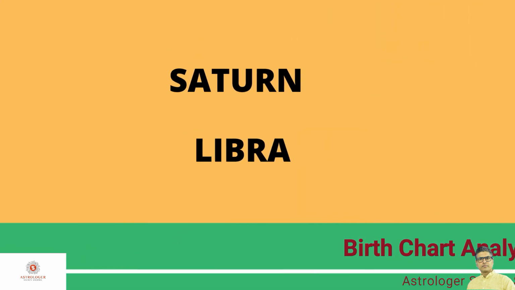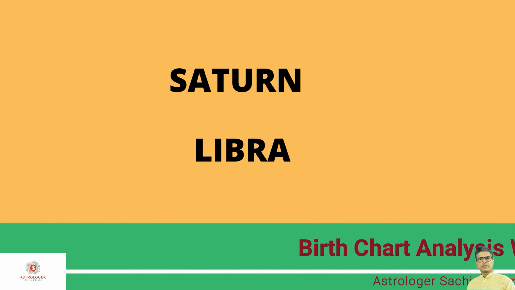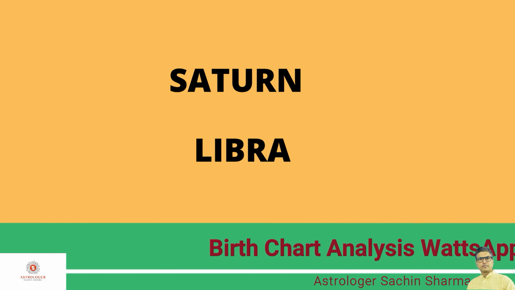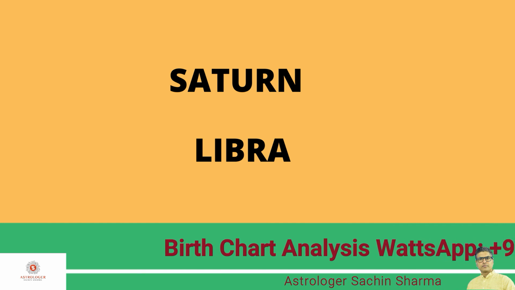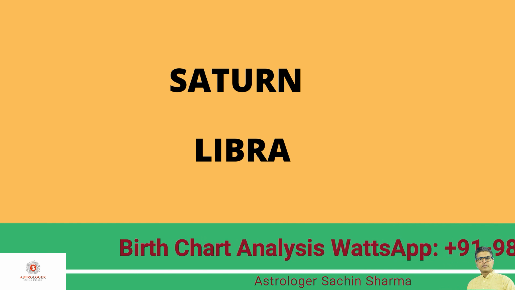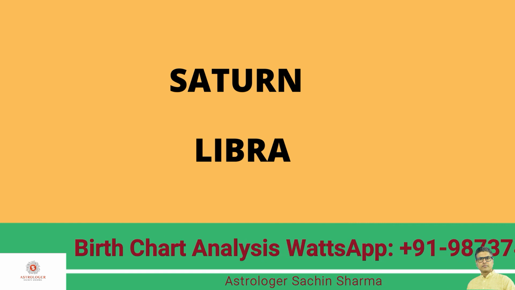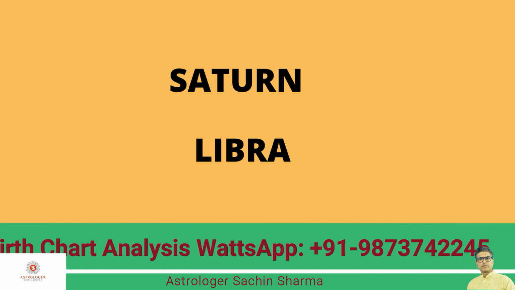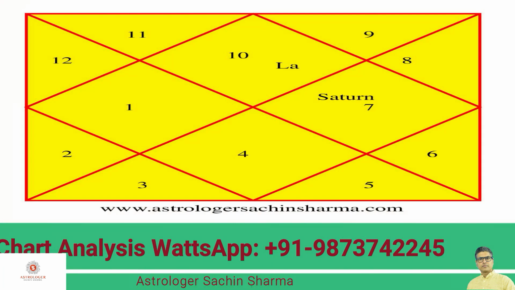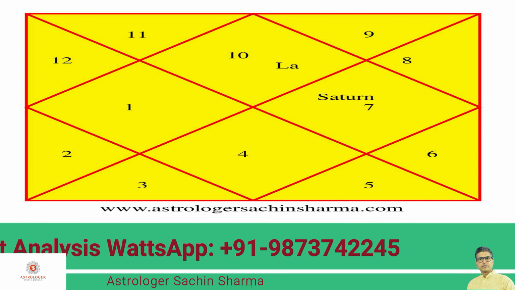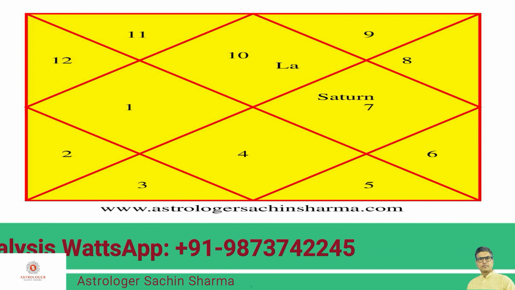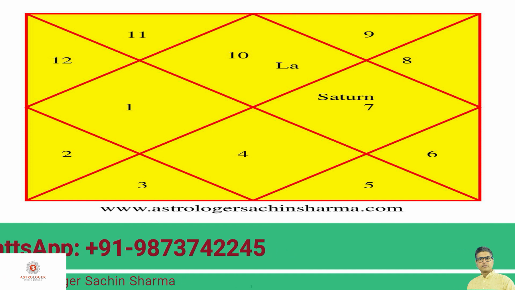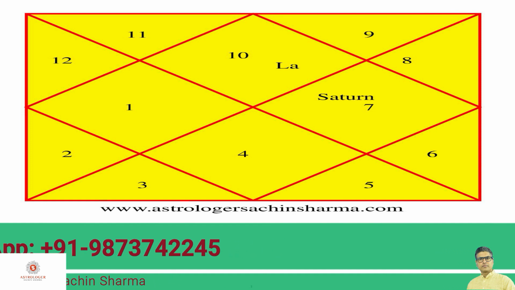Now let's move forward and discuss about Saturn. See, Saturn is exalted in Libra sign. That means if Saturn is placed in a house where number 7 is written, then it is going to increase the result of that particular house, and the native or the person will be getting very positive result for that particular house, or the Saturn is going to increase the result of that particular house only.